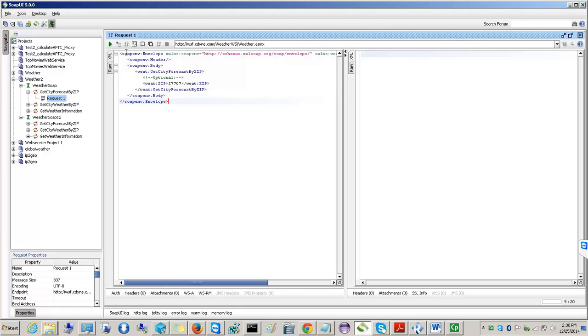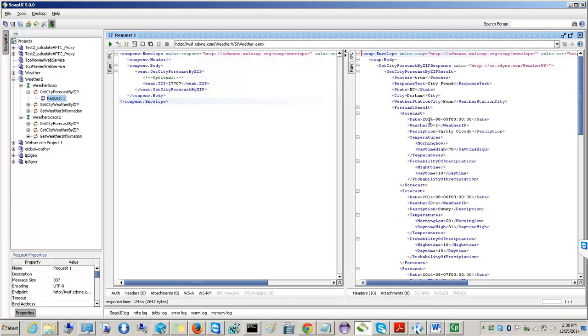So then, what will you do? You take this XML and replace this by the valid input. So in this case, the valid input is the zip code, a valid zip code. Then save it. Then execute it. So automatically the response will come after some time. Depending upon the server speed and everything, it will display the response. The response here is, it will take the zip code and it will provide,